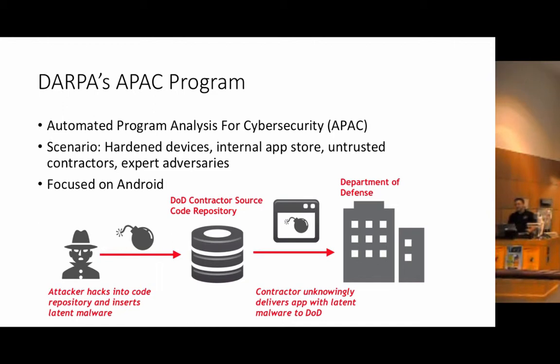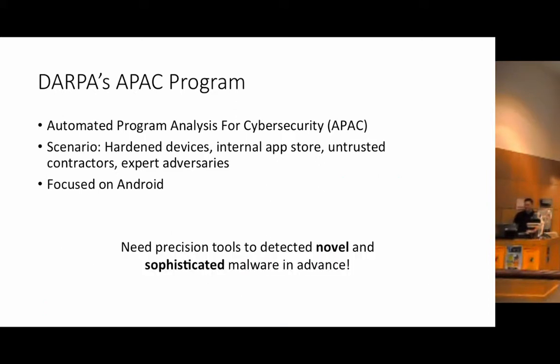About 2 years ago, we found that Huawei, the Chinese router company, kind of the US's equivalent to Cisco, was phoning home a whole bunch of extra data at the end of the night, right? So there's something extra in that software. We'd like a process where we can be reasonably sure that we'll find all the little extras added to the software. And what that boils down to is we need a precise tool to detect novel and sophisticated malware,